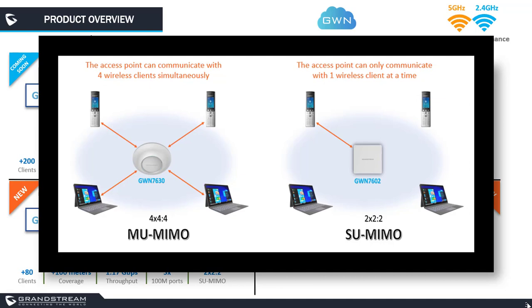For example, the GW1 7602, which uses the single-user MIMO technology, has 2 antennas for transmission and 2 antennas for reception with a total of 2 streams. So if two wireless clients are connected, the GW1 7602 will dedicate one stream to each client. However, the limitation of single-user MIMO is that the GW1 7602 will only be able to talk to one wireless